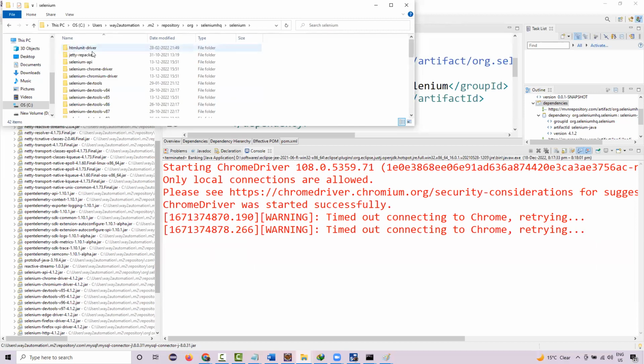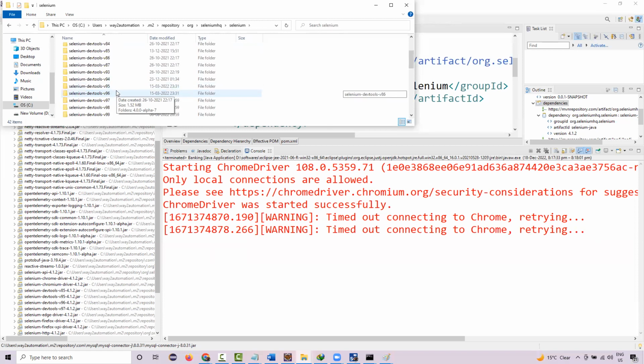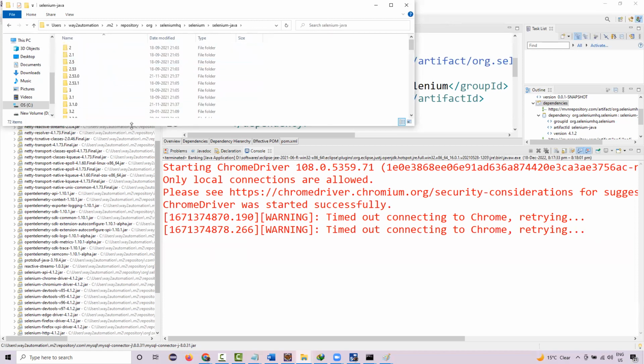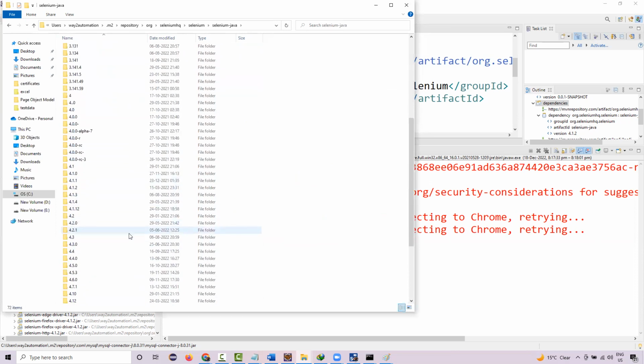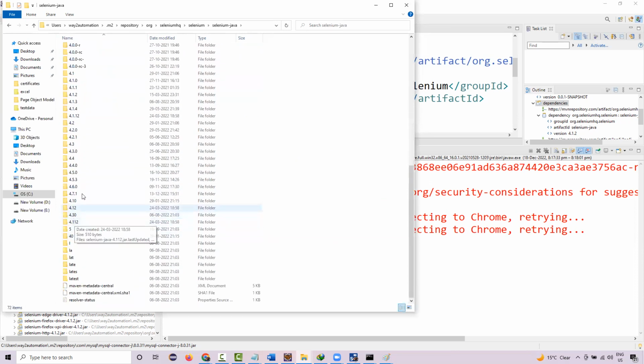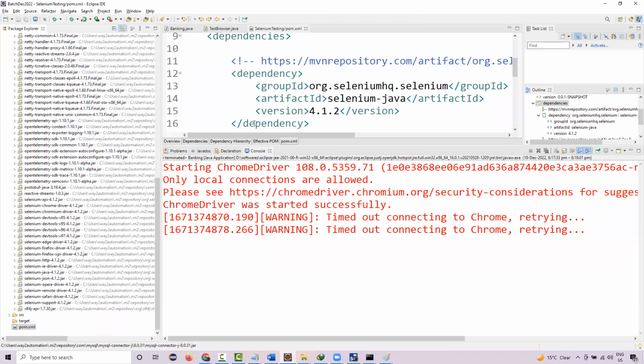Then we have Selenium. We have Selenium Java. Let's see where is Selenium Java. And I already have all these versions on my machine. If I switch in between any of these versions, it is first going to check it from my machine. If it is there, it is going to add it from there. If not, then only it is going to download. See, I don't have 4.7.2. So if I write